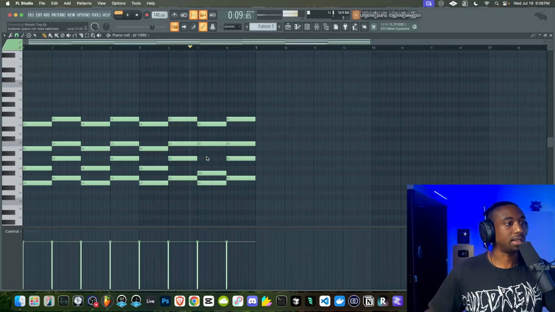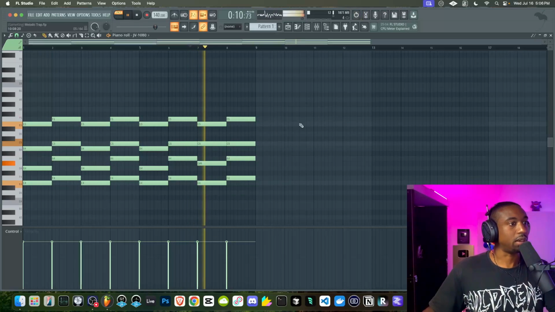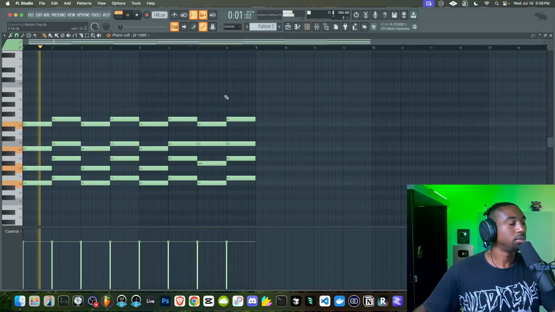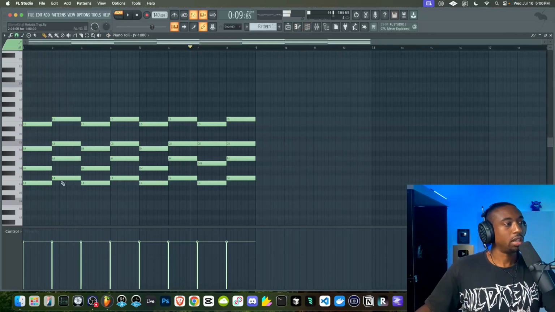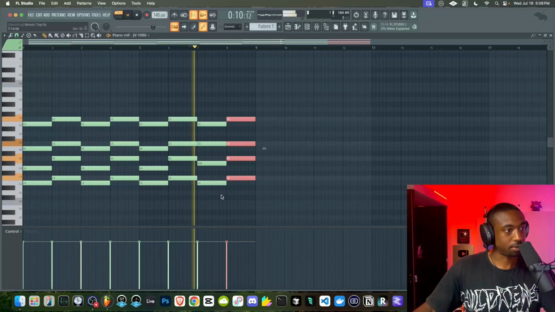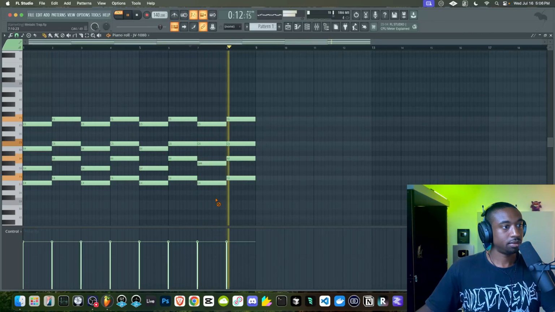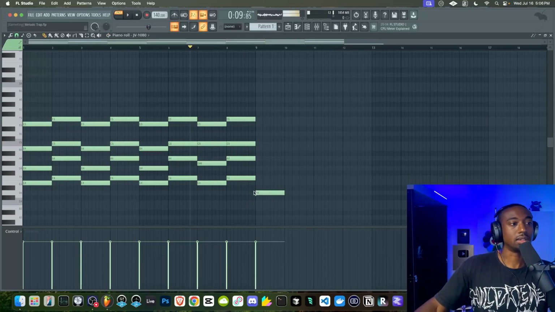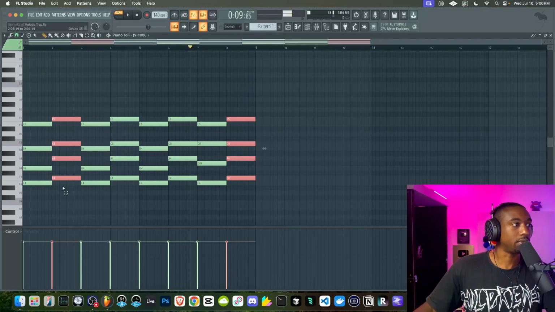Okay, so I try suspended second and suspended fourth. It doesn't give the same vibe. It's weird how this F major sounds darker than the one at the end here. It's because this is the dark chord and then this becomes the bright chord. So this is interesting how the major chord sounds different from here to here.